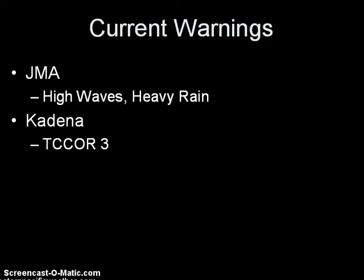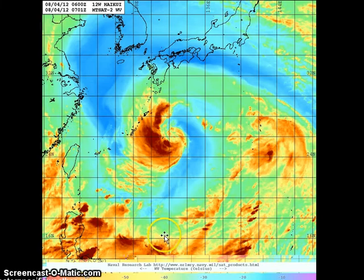Looking at the water vapor imagery, you can see here we have some blue shadings on the eastern side of the system, and that basically means some dry air in the atmosphere trying to wrap around and being entrained into the circulation of Haikui, which is hindering the system from really intensifying to a strong tropical storm. But nevertheless, we are seeing some very strong convective activity, and starting to see also those convective banding now